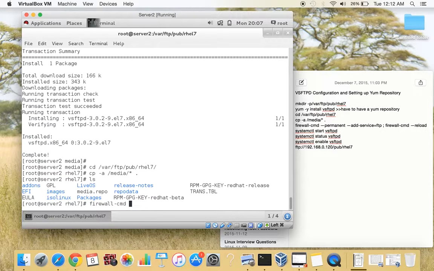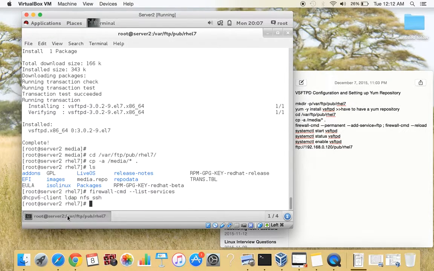So firewall-cmd. First, I'm just gonna see what ports are already opened, just to make sure. --list-services. Alright, so you see here that we have LDAP, NFS, SSH, DHCP, all these services are open. FTP is not part of that, so of course we have to add that, and we have to do it permanently. So I have to write --permanent